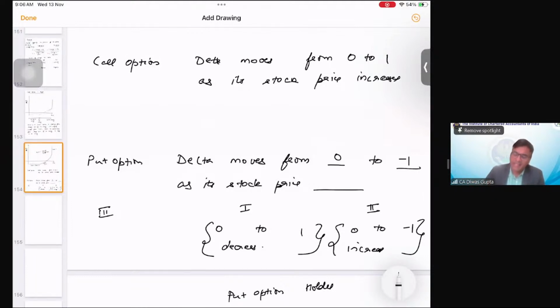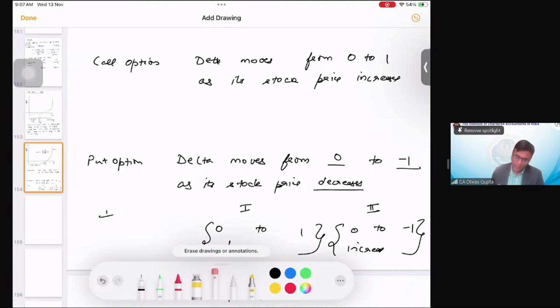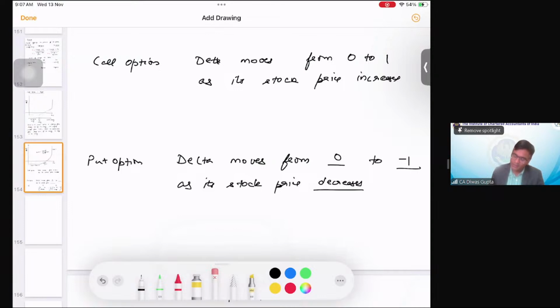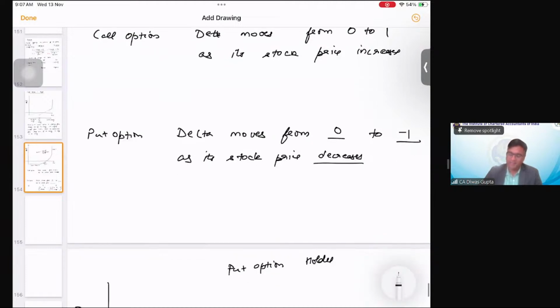Now this -1 will really mean that the put option is moving from out of the money to in the money. And once it moves from out of the money to in the money, it will happen only when the stock price decreases. Clear? I hope this is clear, students. Yes. I think it was a very good attempt from the students who have answered. Thank you for that. Because I was not expecting this actually. Okay, it was a bit difficult, but yeah,